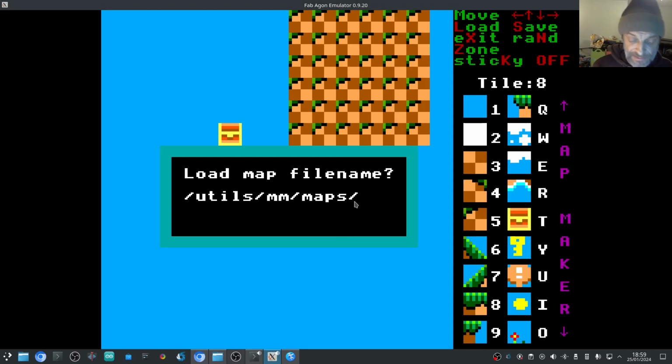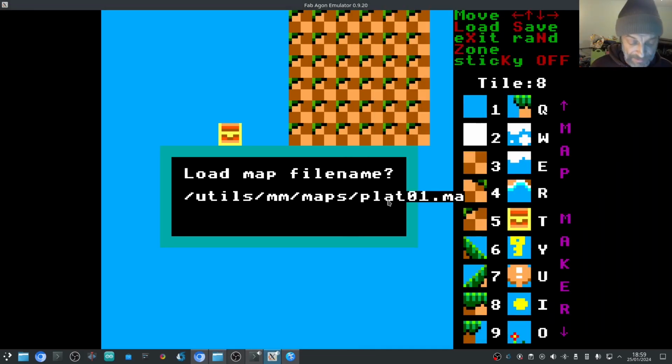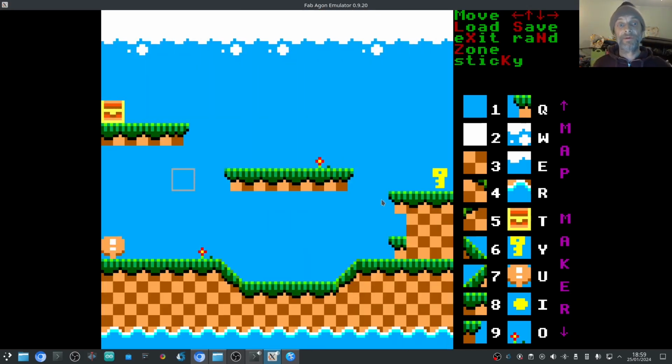So maps, plat01.map. Press any key, and there we are. So that's one I've created before. Obviously you can edit it however you want. You can move anywhere